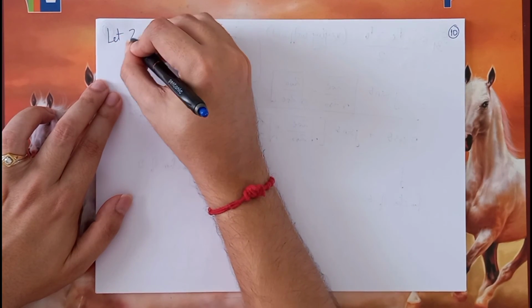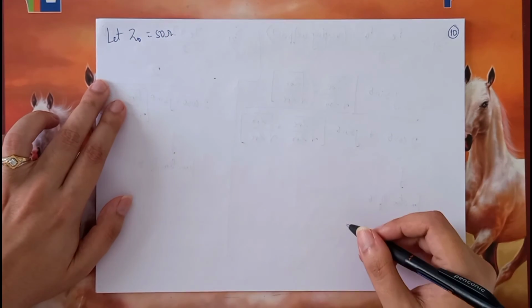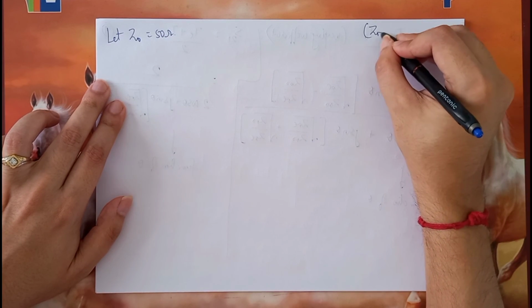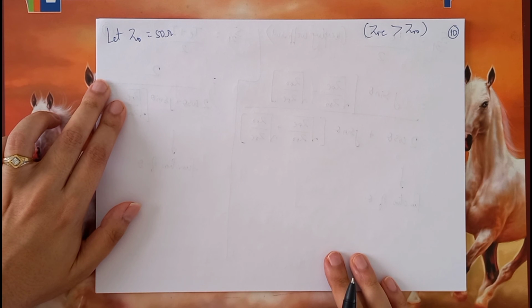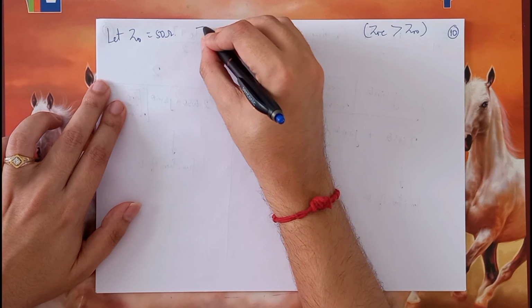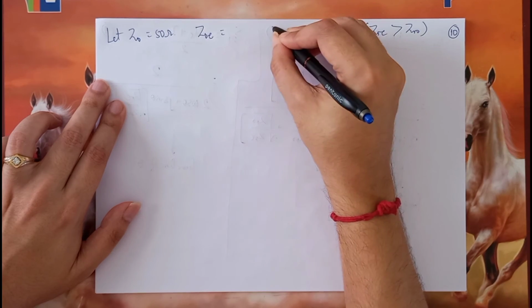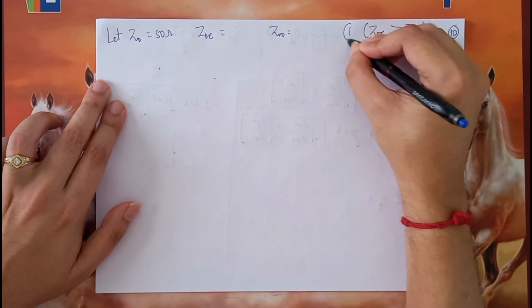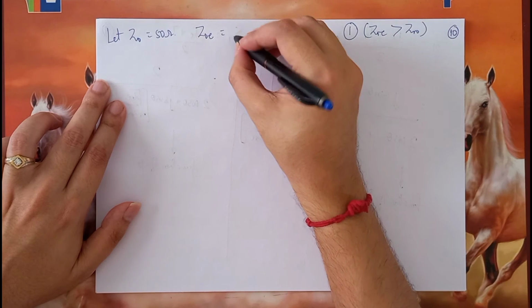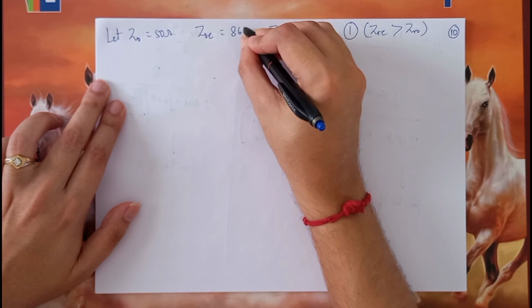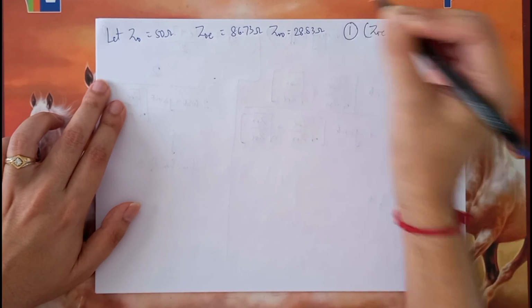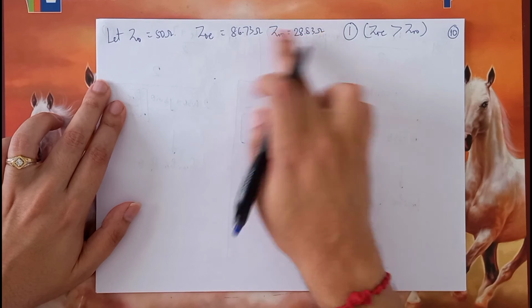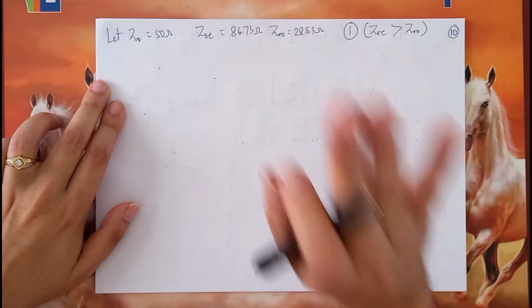Let us say Z0 is 50 ohms. We had proved in the last class that Z0E is always more than Z0O. So let us say we take two values, one for Z0E and one for Z0O. Let us call this as case 1. So let's say Z0E is 86.73 ohms and Z0O is 28.83 ohms. You can verify yourself that the geometric mean of these two will be equal to 50 ohms. I have pre-calculated these values,